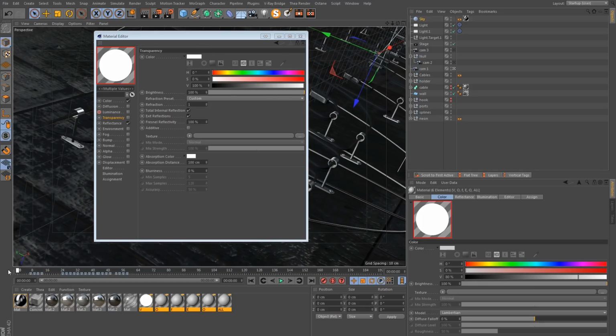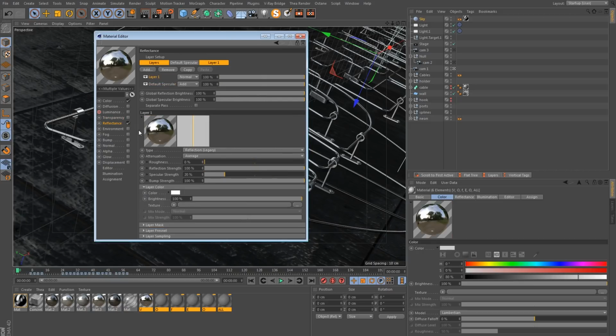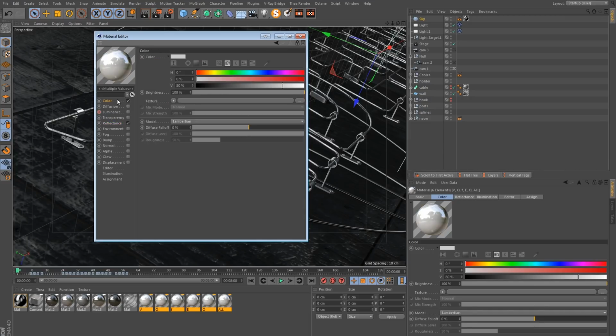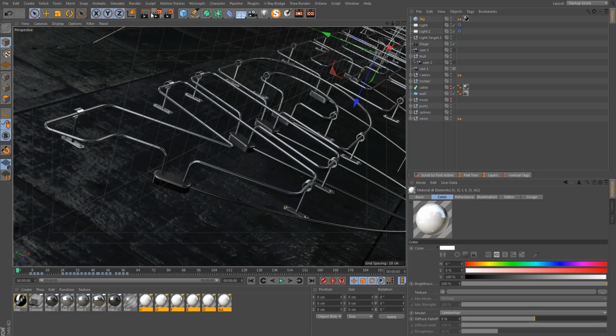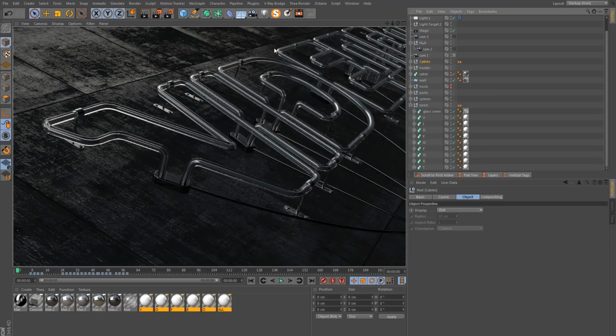So let's go to the beginning before any of them are turned on, and let's add a reflection legacy layer and just additive, turn off specular, and in the color this should be just totally white. And I think that should now give us a white tube on the inside there before the neon light turns on. And that does look just a bit better now.